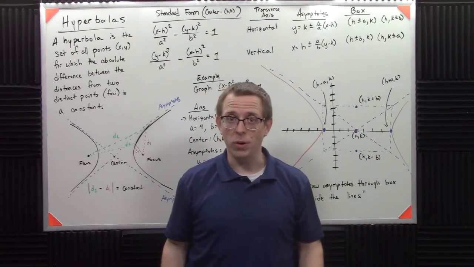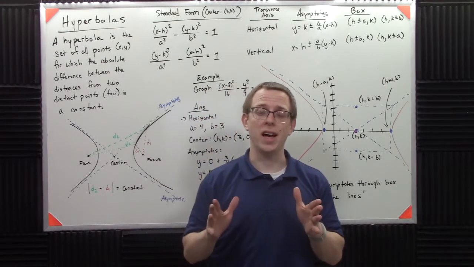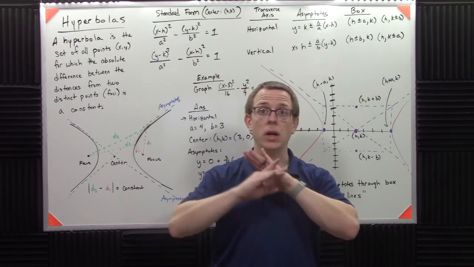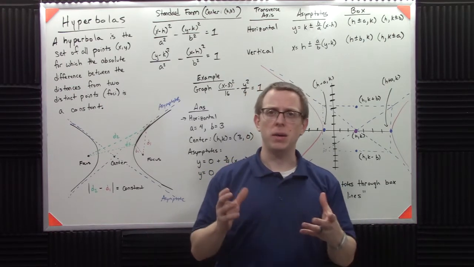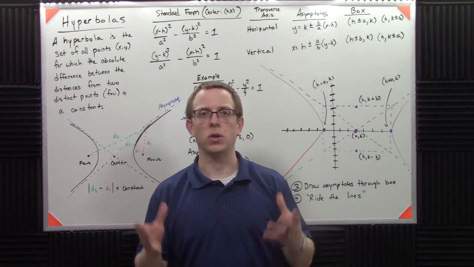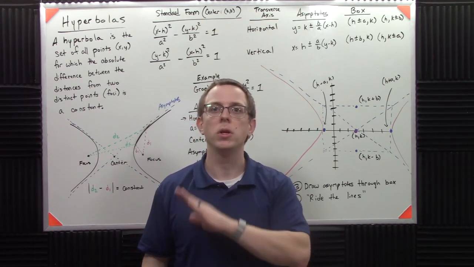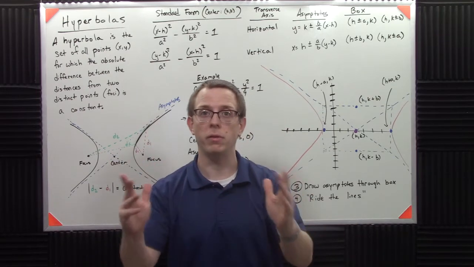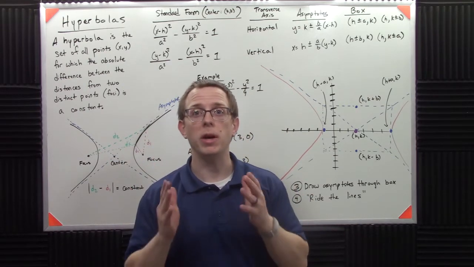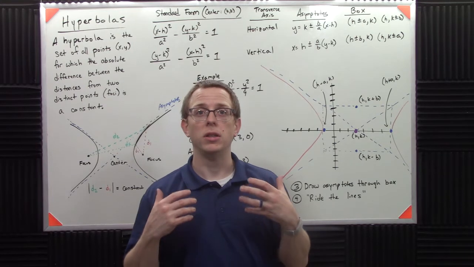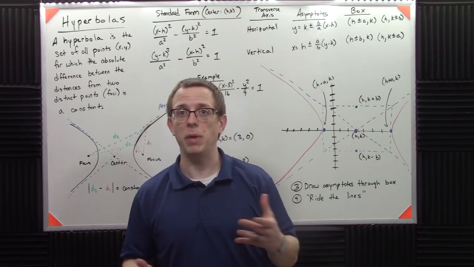Everybody's least favorite conic is always the hyperbola. Hands down, everybody hates it. The ellipse, not a big deal, kind of like a circle. Parabolas, you're used to parabolas. Circles, no problem. Hyperbolas, people lose their ever-loving minds about it. Well, hopefully by the end of this video you still have your ever-loving mind, but maybe you'll be a